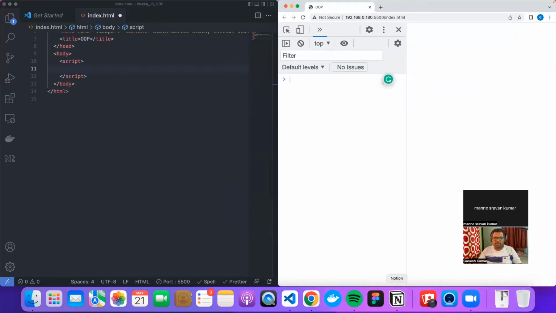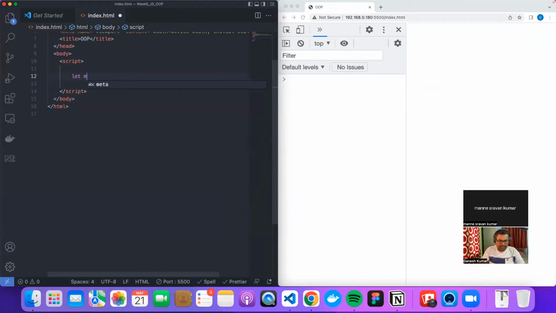Since we understood the concept of objects, let's try to create some objects. Let's try object-oriented programming. You can create objects in JavaScript with objects. You tried that: new object, and you send in some information and you created objects. There is a better way of doing it. You can do this, but let my object